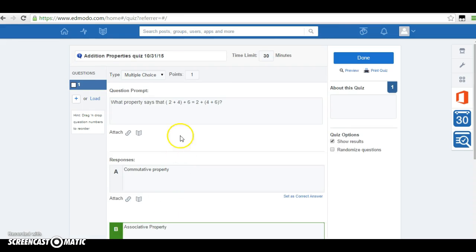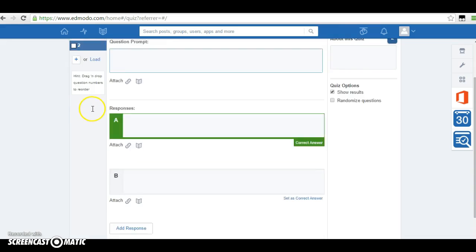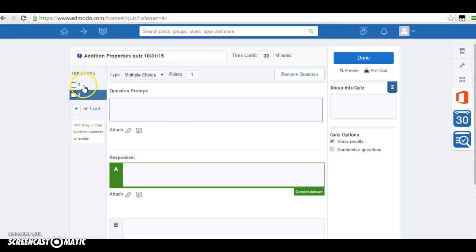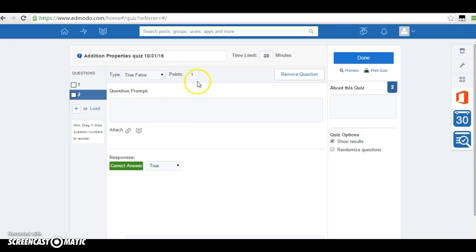So that would be question 1. You'd now be ready to create a new one. To create a new question, you want to hit the plus button under the question section. When you hit that, you see you now have 2 questions on the side. Again, we can choose what type of question we'd like for this one, just so you can see some different examples. I'm going to change it to a true and false question, and we'll leave it worth 1 point. For my prompt,